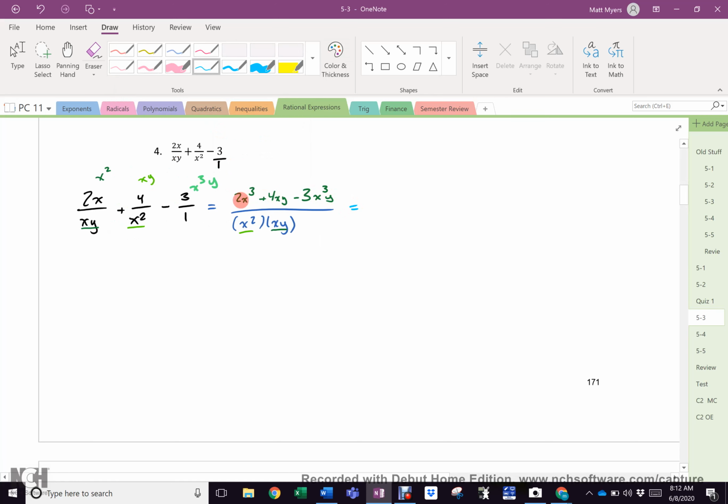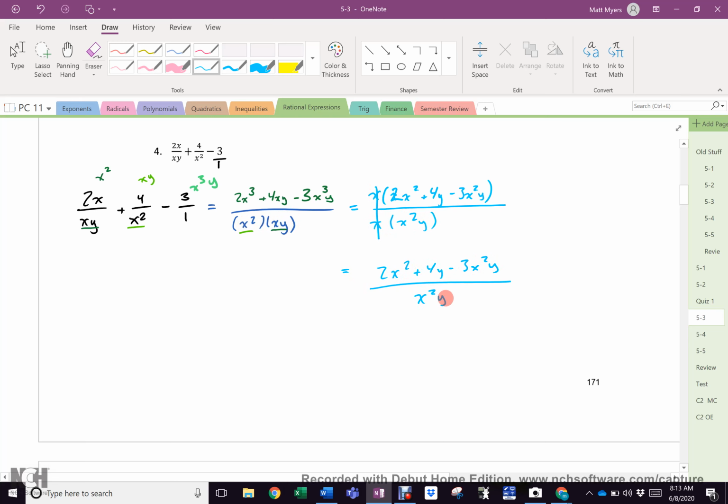Then factor for any canceling. So what can come out of here? X, x. 2x squared plus 4y minus 3x squared y over, what can come out of there? X, leaving me with x squared y. X over x cancels, and our final answer is 2x squared plus 4y minus 3x squared y over x squared